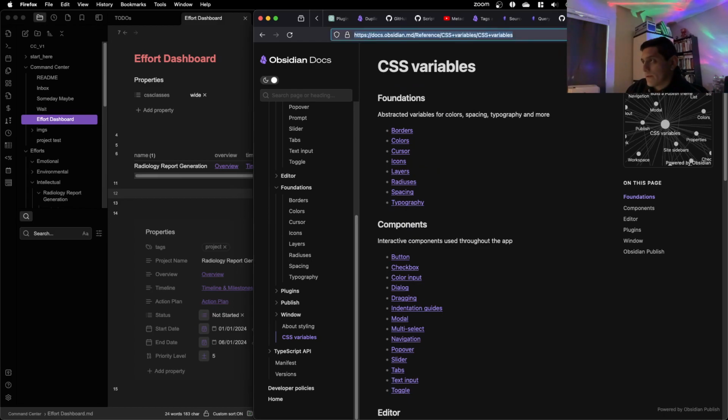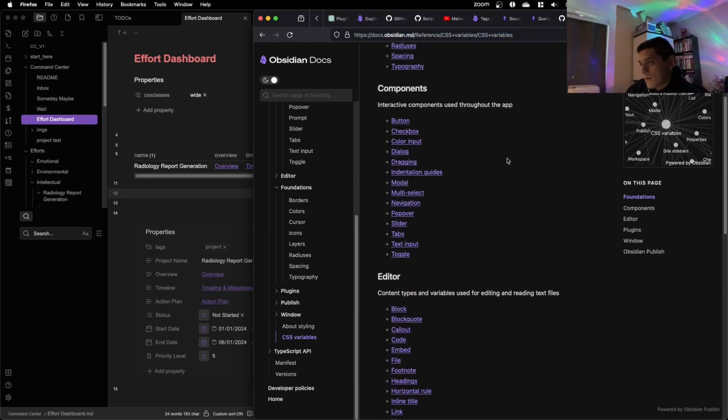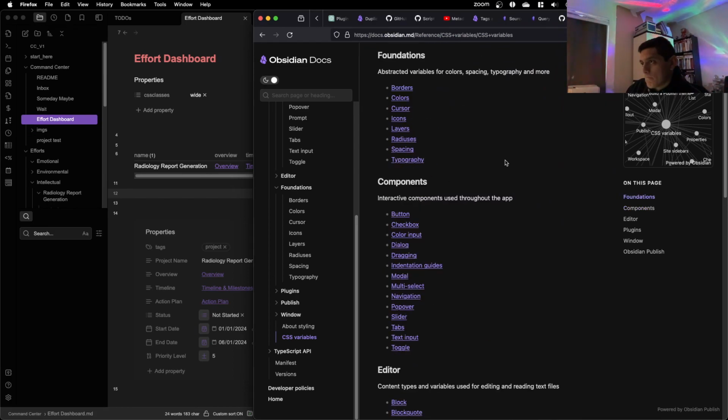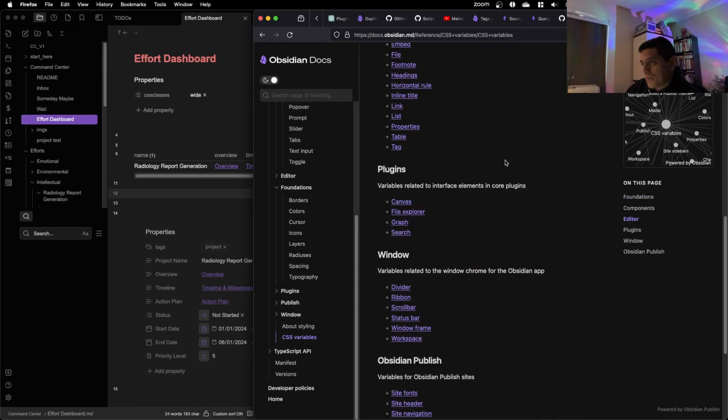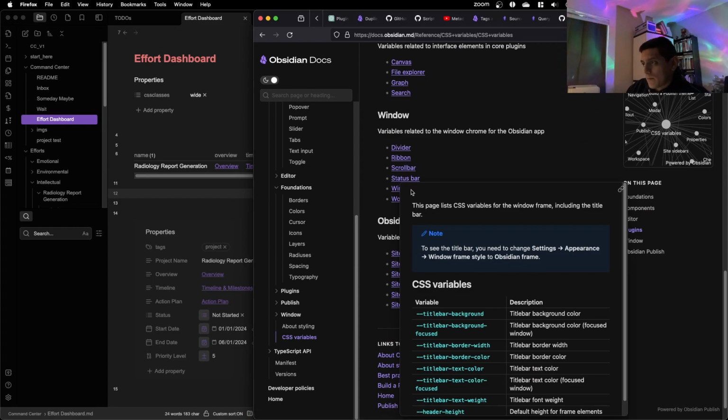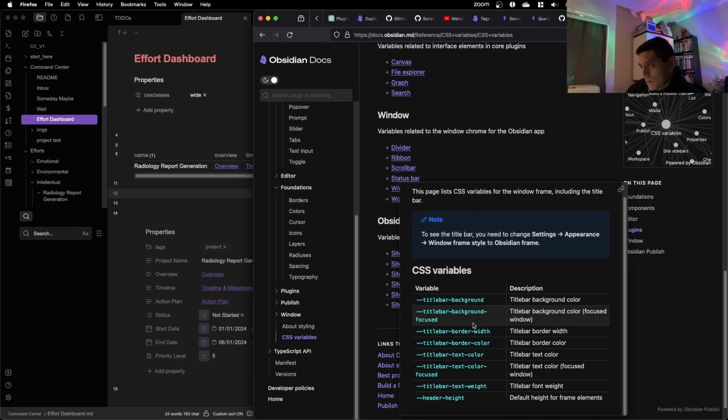Oh, this is what I want. Editor. Window frame. Okay, sure.